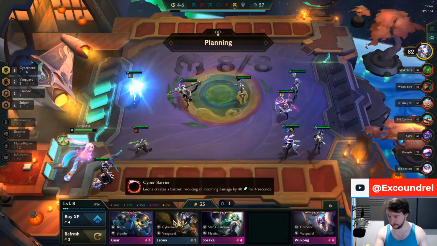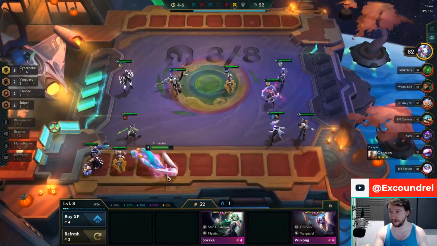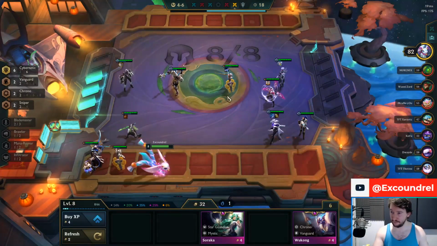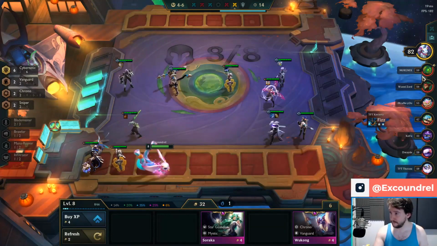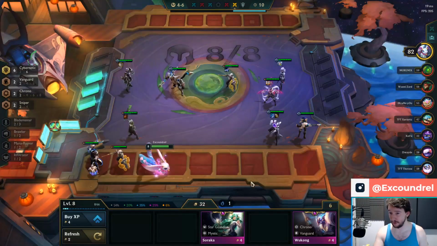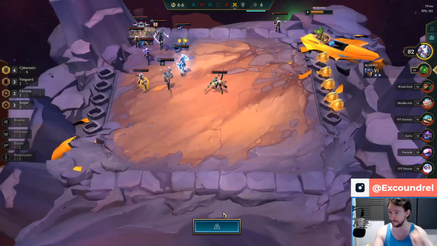Vi 2, it's really nice. Sorry, it's another Leona, which is good, because I've only got a 1-star Leona right now. If anything, this should probably move on to someone else, like the Vi. Okay, he's 8, and he's got a little bit more gold than me at this point in time. I rolled quite aggressively, but...